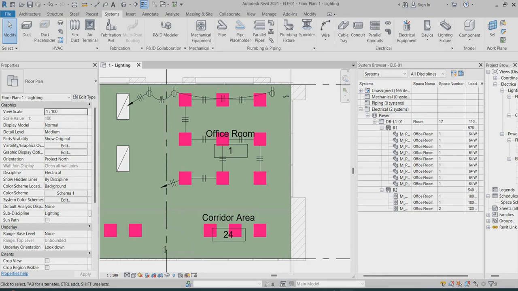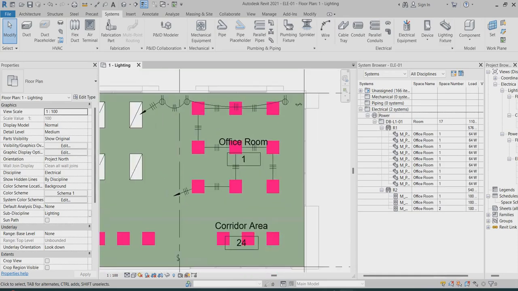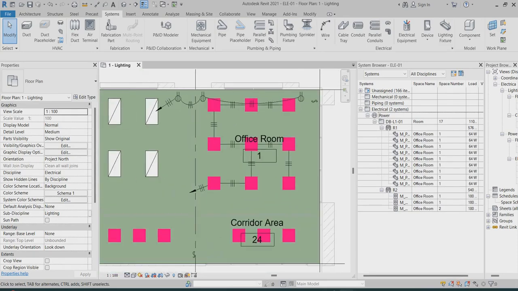these lights and sockets. So I hope you understand this tutorial. If you have any questions,